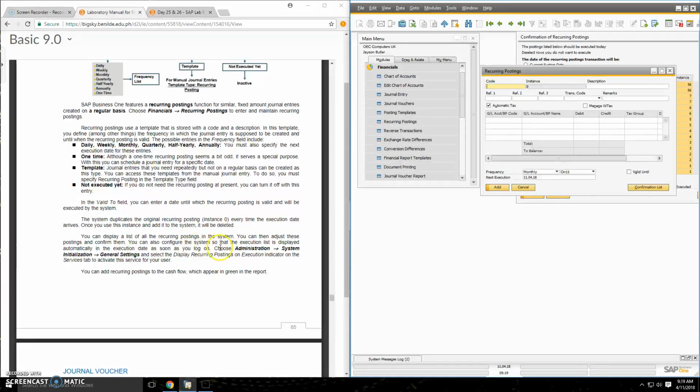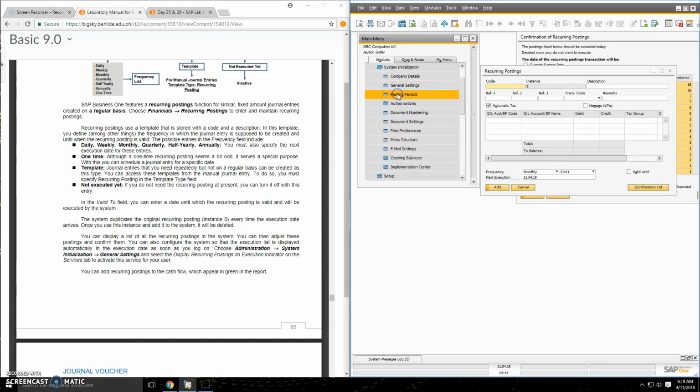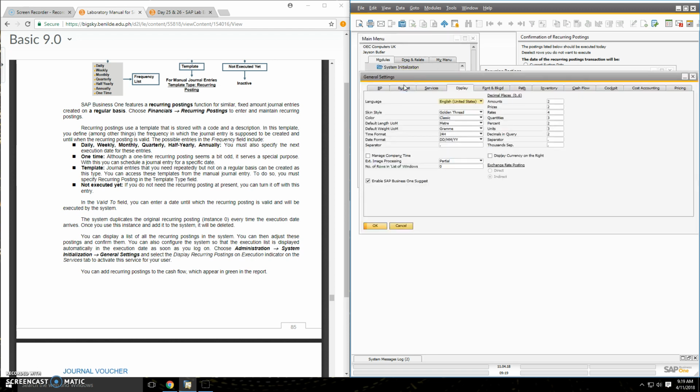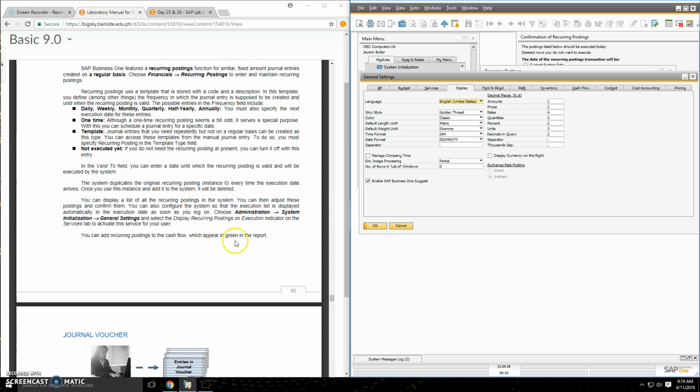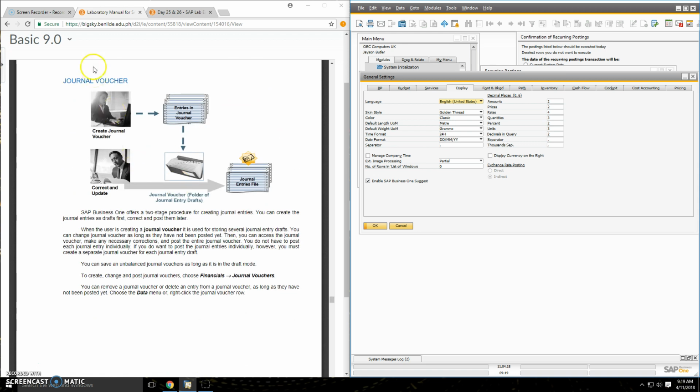You can also configure the system so that the execution list is displayed automatically on the execution date as soon as you log on. Choose administration, system, general settings, and select the display recurring postings on execution indicator on the service tab to activate this service for your user. You can add recurring postings to each cash flow, which appears in green in the record. In the journal voucher,